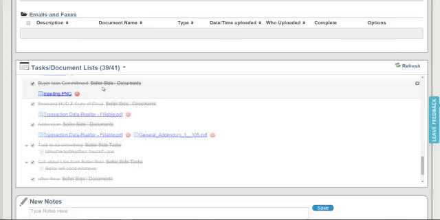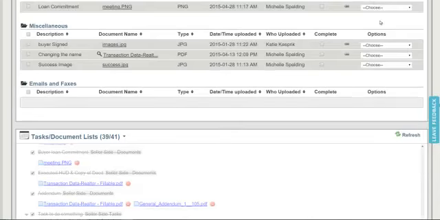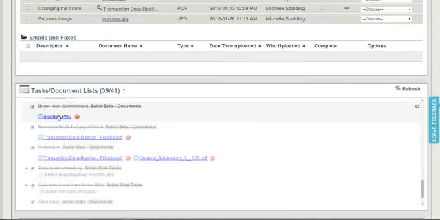If you don't have a list yet, it's okay. We understand. We've got a really comprehensive one. And as we work together over a couple of transactions, we'll get an idea of what you like and don't like and make sure that we adjust our list accordingly. Now, any documents up there that are linked by this little link to a particular task show up down here. And it's just kind of